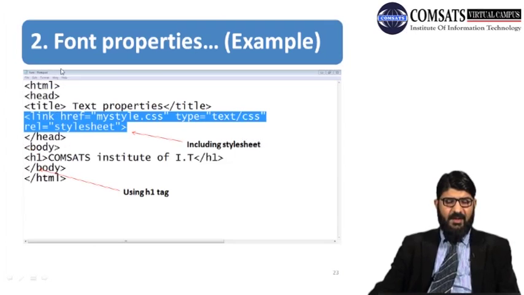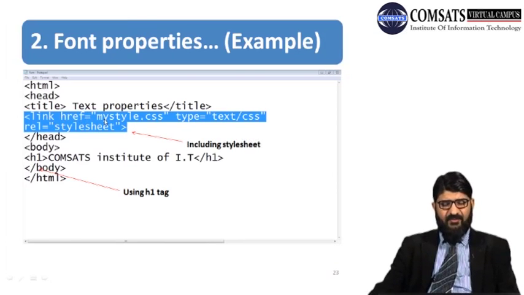So now see the example of font properties accordingly. This is our HTML file in which we want to use that particular font properties. So we have taken an HTML start tag, head tag and then title tag, that is text properties, and now we are using external CSS with link and we are giving the reference as